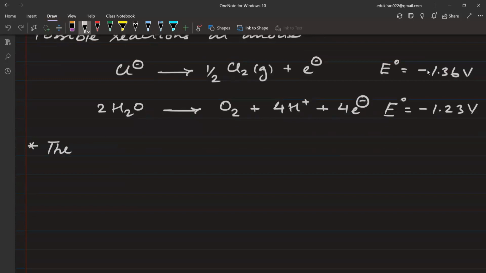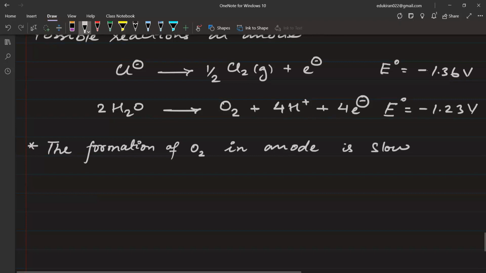The formation of O2 in anode is slow, ठीक है। And those who have done thermodynamics with me, they will understand spontaneous का मतलब जल्दी नहीं होता है, spontaneous का मतलब होता है अपने आप होना। So slowness and fastness is not related to spontaneity। Thermodynamics में कभी भी आपने slow और fast नहीं पढ़ा होगा। You always read about spontaneous and non-spontaneous। Slow और fast जो है आप 12th standard में chemical kinetics में पढ़ने जा रहे हैं। So please understand, when we write slow, इसका मतलब ये नहीं है कि it is non-spontaneous, इसका मतलब ये धीरे धीरे हो रहा है, okay।